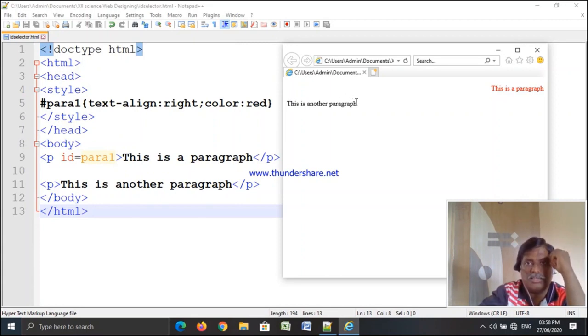And the second paragraph by default comes to the left because it does not contain the ID selector, whereas the first one contains the ID selector. So it has the effect of the style provided in the head section. So this is called an ID selector.